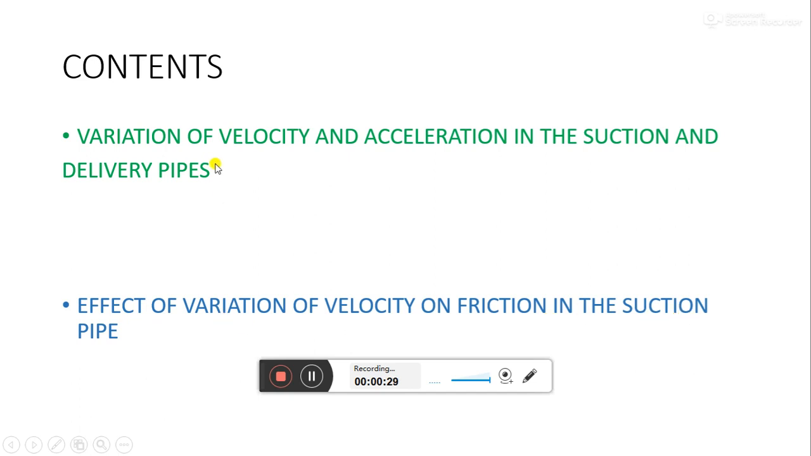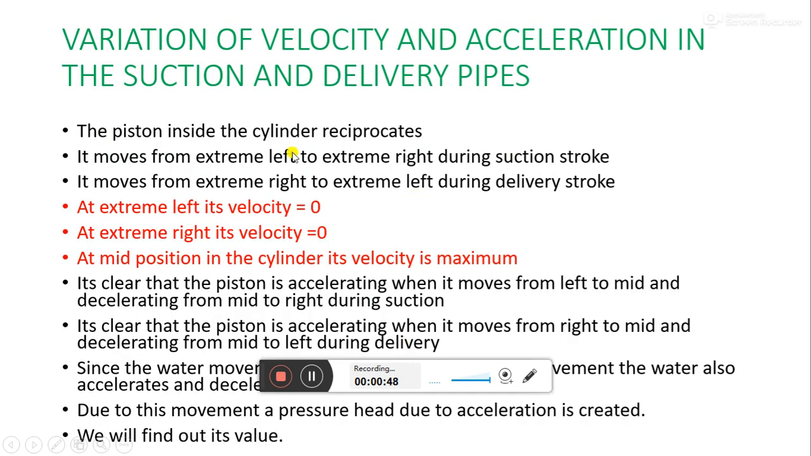So we will be dealing with a single acting reciprocating pump, and these are two derivations which are important from the exam point of view, which include variation of velocity and acceleration in the suction and delivery pipes, and the effect of variation of velocity on friction in the suction pipe. Now, before going to the first derivation, we have to learn a few things,